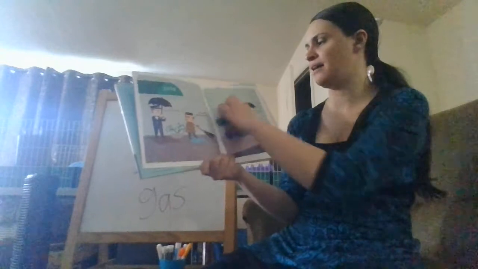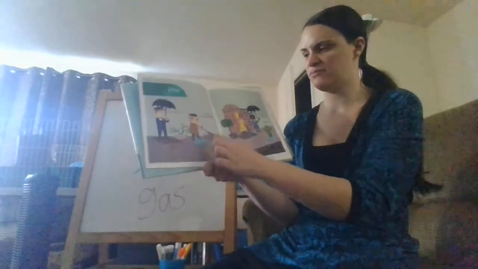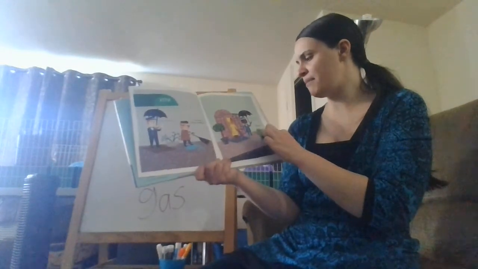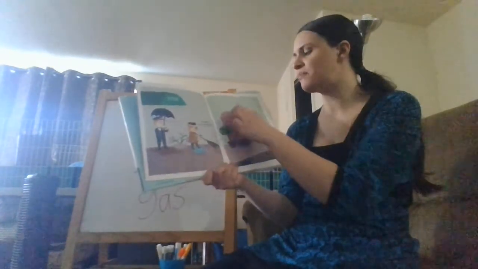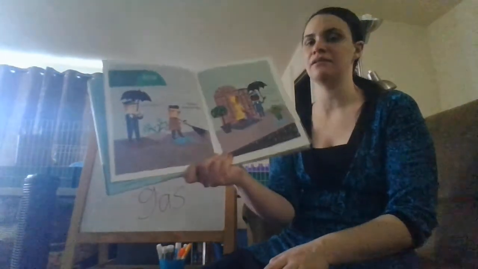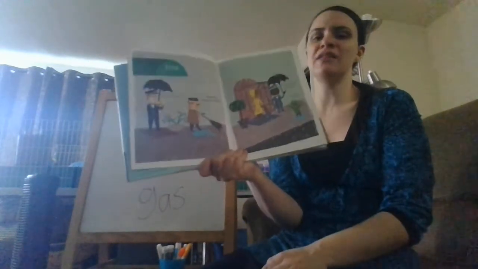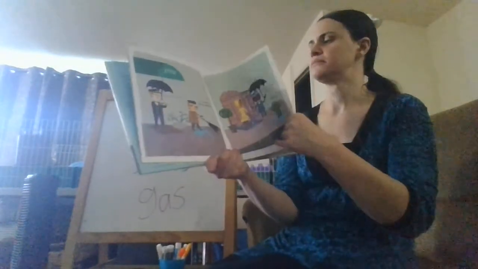So here's the rain outside. Again, we can see we're in the city. Good morning, sir. That's Harley. Good morning, silly puddle. Good morning, young man. Ribbit, ribbit. So we see here they have an umbrella, right? We want to use an umbrella to keep us dry in the rain. We also have our raincoat and our rain boots. In this book, they call them galoshes, which is another word for rain boots.